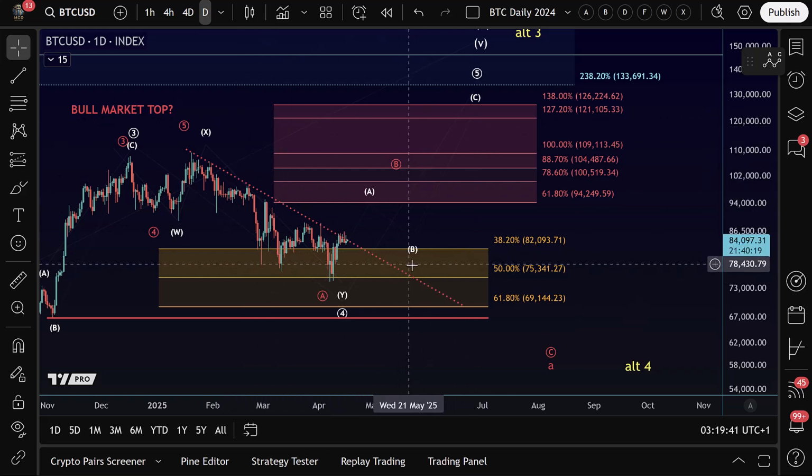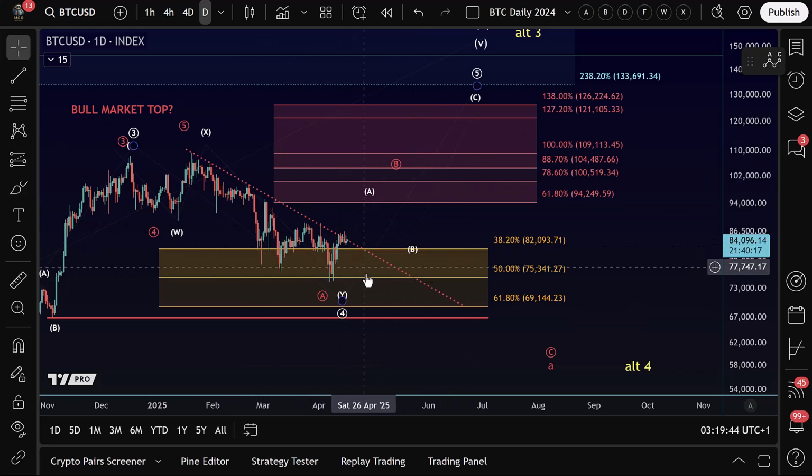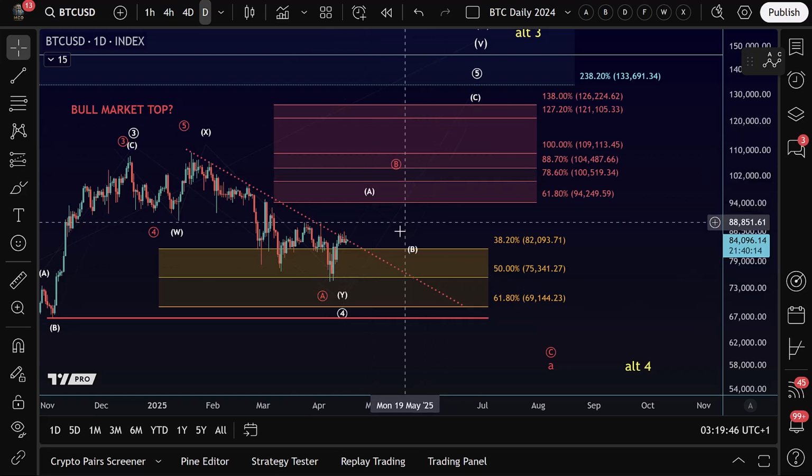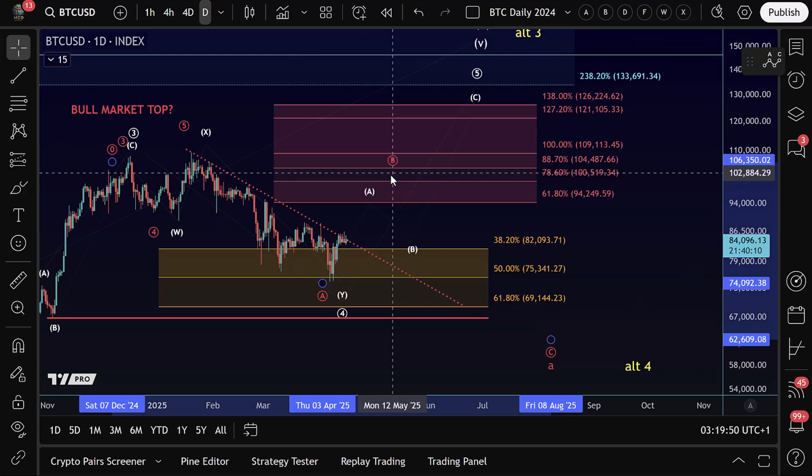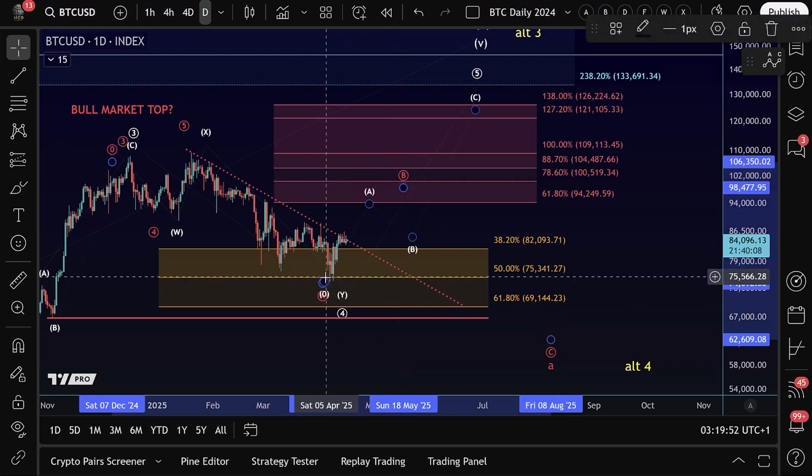Here on the Bitcoin chart, we're currently still tracking an unchanged bullish structure. That means even short-term bullish would allow for a B-wave rally in the red scenario. And price action is incredibly slow at the moment this week. There hasn't really been any change this week to any of the structures. Maybe here on the 15-minute chart, there have been some small adjustments, but overall the analysis is very consistent with